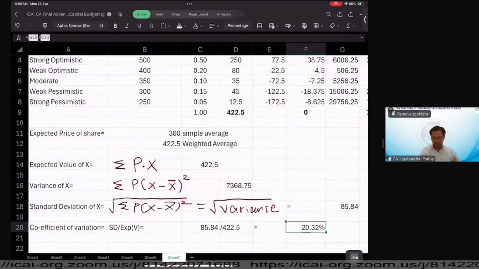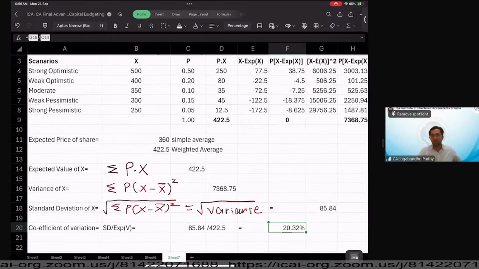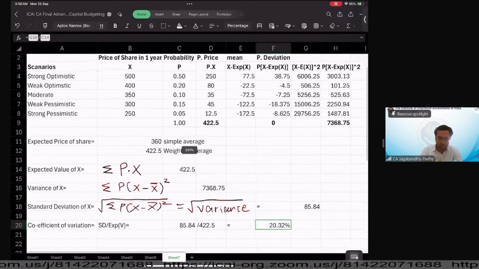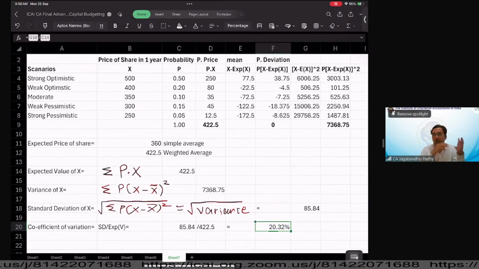So that is what I wanted to discuss for today's session, guys. First, the inflation adjustment fact, and then the basics of the statistical tools. These tools are something that we are going to apply in the subsequent sessions. If you have any queries, you're free to ask right now.